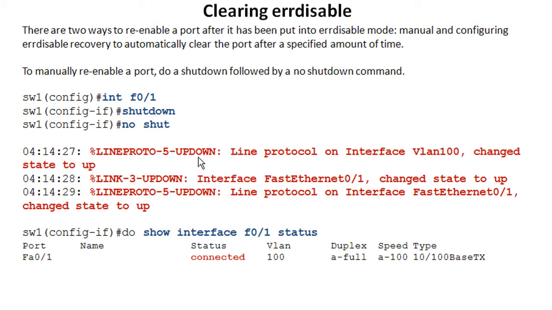A lot of times as soon as you re-enable this, that same event is going to occur. If there's something there that is causing this error disable, a lot of times it's going to go ahead right away and put it back into error disable mode. So you want to bring this up, wait a few seconds, and then go in and see that it is connected and that you have traffic passing, because you don't want to have to wake up again 30 minutes later when the same guy calls, that much more irate because it's still occurring.